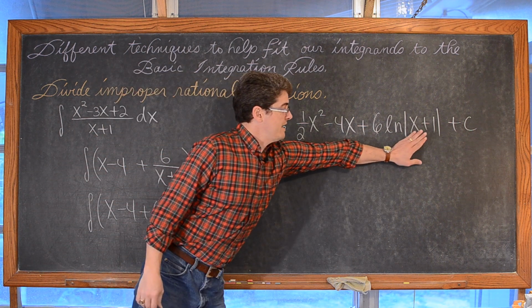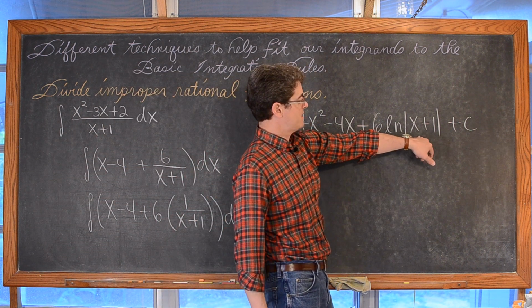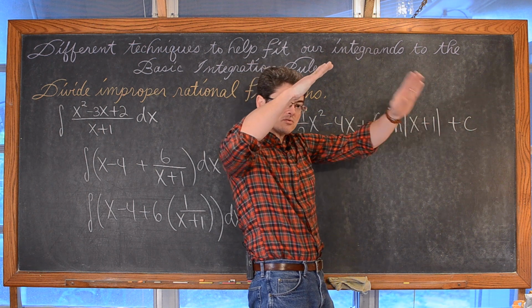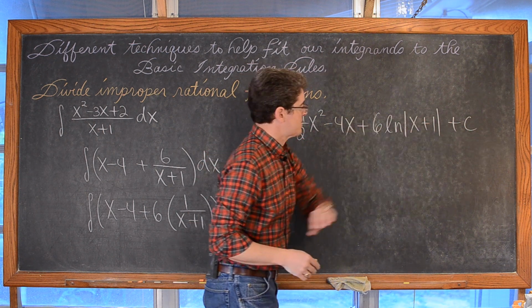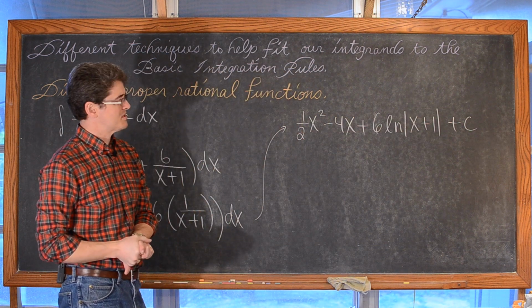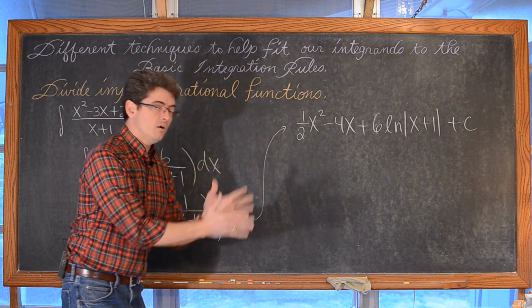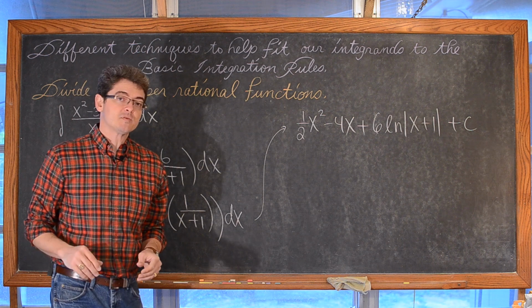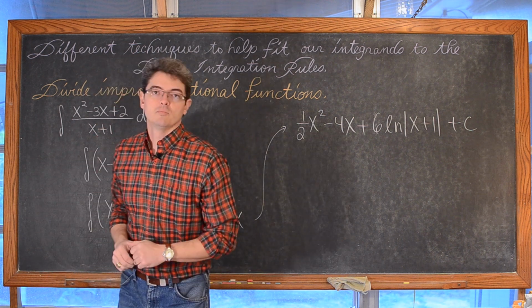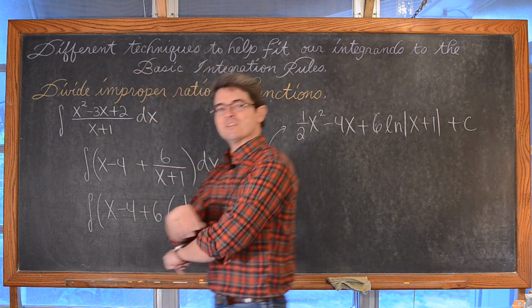Now, of course, that is a line with a y-intercept of 1 and a slope of positive 1, so there'll certainly be some ways for this expression to come out to be negative, so please don't drop the absolute value around that expression. Don't write the natural log of x plus 1. It is the absolute value of x plus 1. Next example.